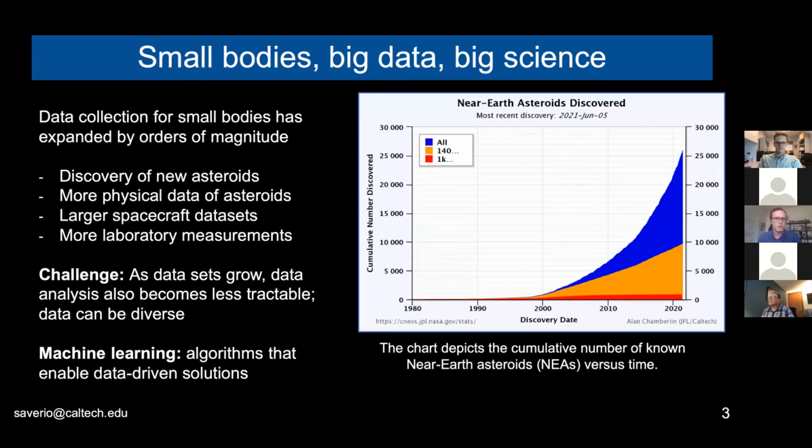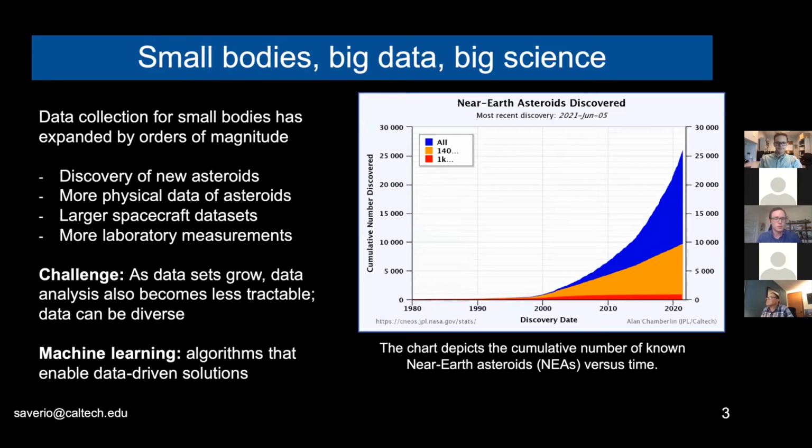Not only discovery of new asteroids, as plotted here on the right for near-Earth asteroids, but also physical data of asteroids, like we saw in the previous talks, and a very large spacecraft data set. Just think about the data returned by OSIRIS-REx, and more laboratory measurements.